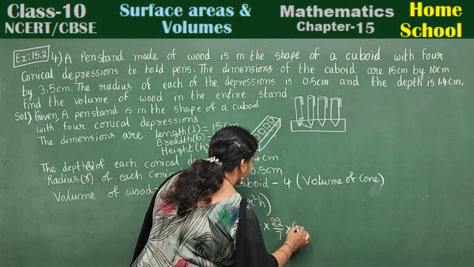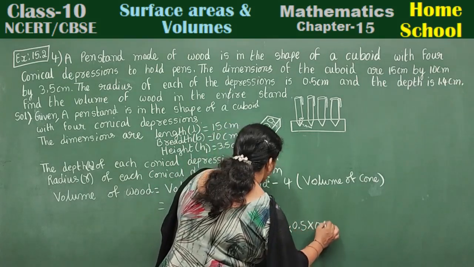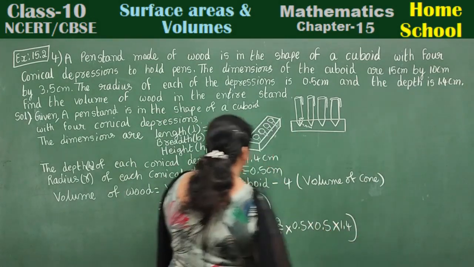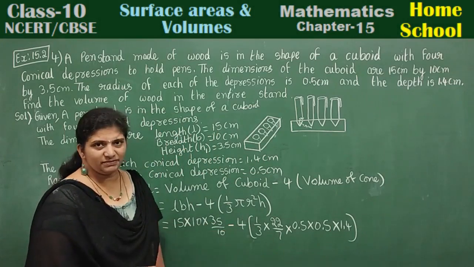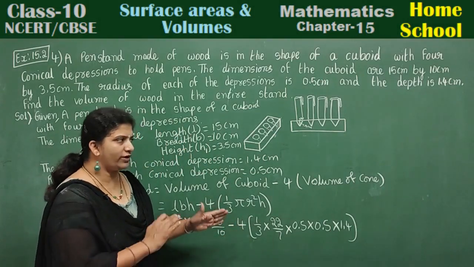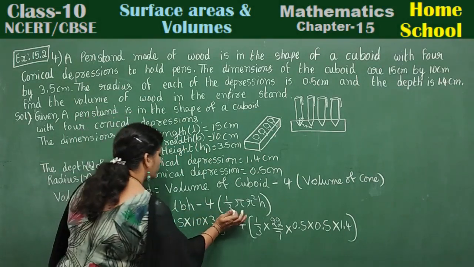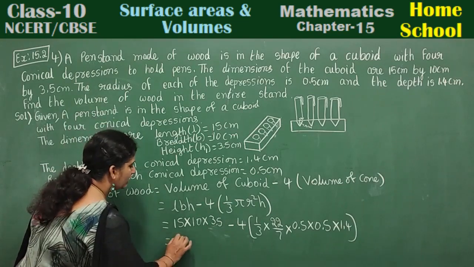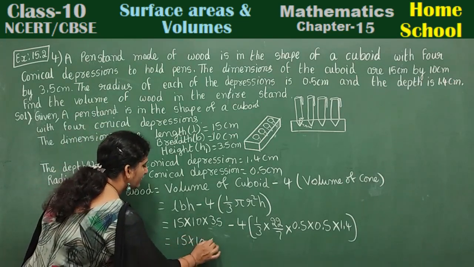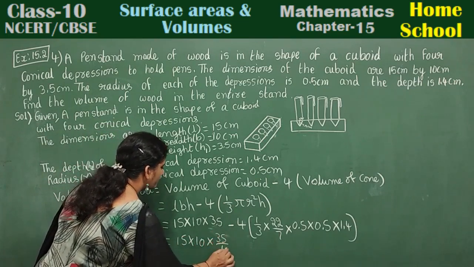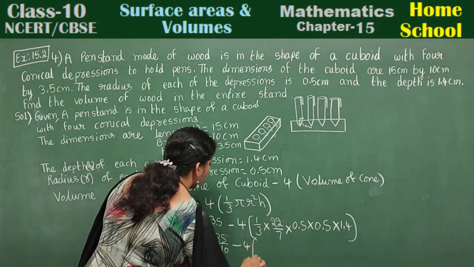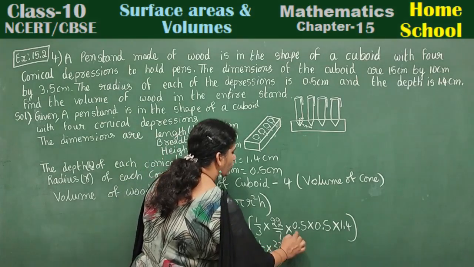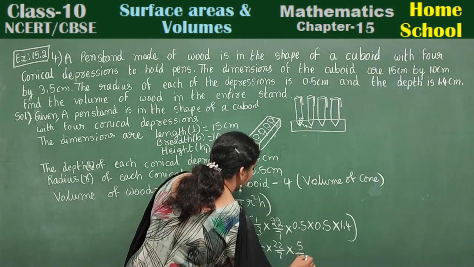0.5 into 0.5 into height of the cone 1.4. Okay. Now I don't want all these decimals. Look here carefully, children. If you want, you can change in the next step also. Let us write it in the next step. Is equal to 15 into 10.3.5. Convert here: 35/10 minus 4 into 1/3 into 22/7 into 0.5, which can be written as 5/10 into